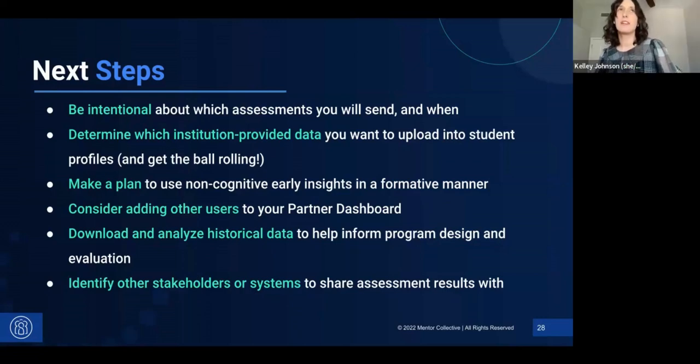Yeah, that is a good question. You can send over that full list. I will say it will be cleaner and a simpler process for your Mentor Collective representative if it is filtered down first. But there would be ways for the Mentor Collective representative to do that work for you. So yeah, you can definitely send over that full list. Great. Yes, I want to say the same thing. As long as that identifier is in there that we can match it on, I think it'd be okay to have extra data, just not missing data.